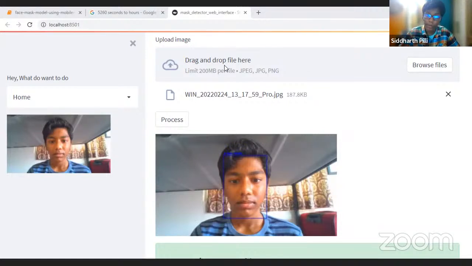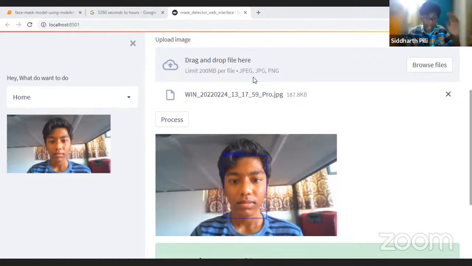So you guys can try it on your own. And maybe if you want to try experimenting with this project, instead of using MobileNetV2, there are a bazillion architectures out there. You can try using a ResNet architecture, try using Inception, try using Xception. So try using different types of algorithms to predict if a person is wearing a mask or not.